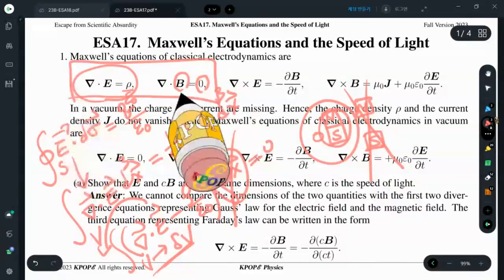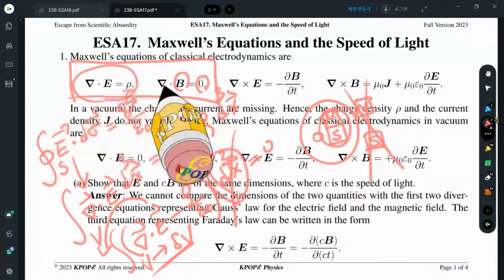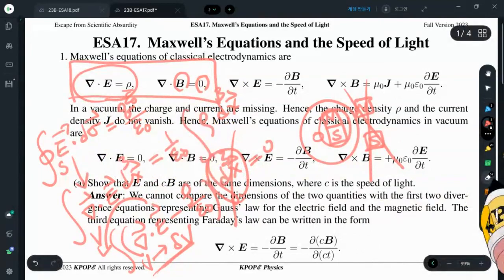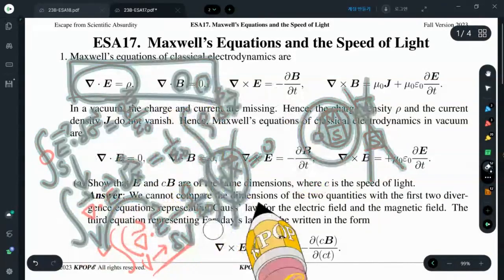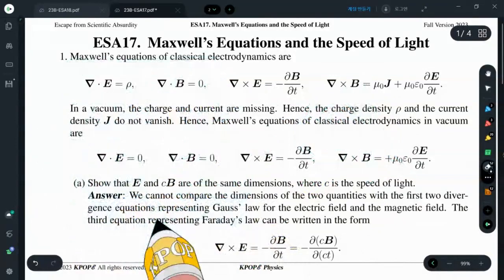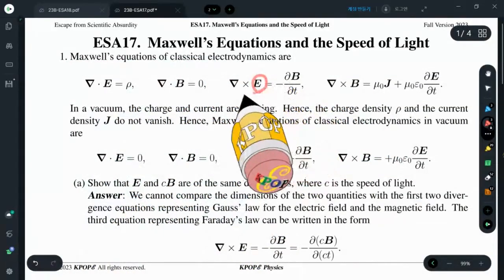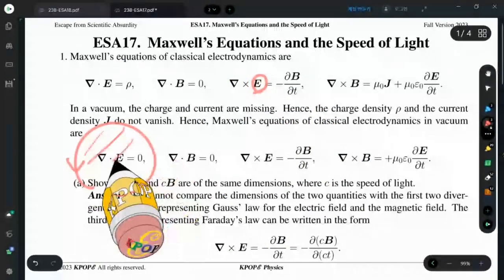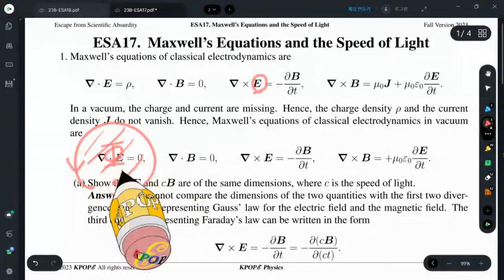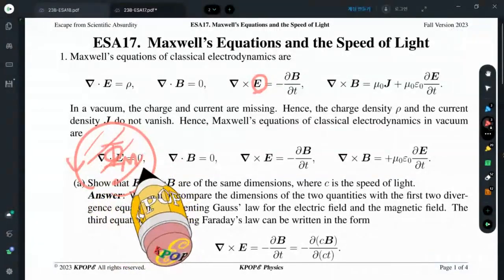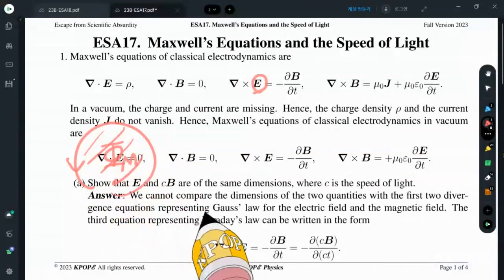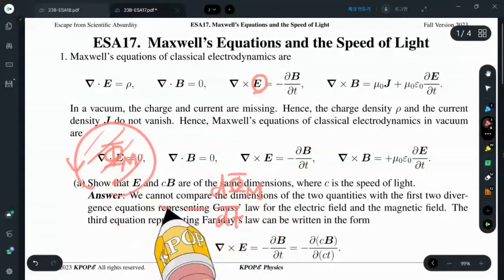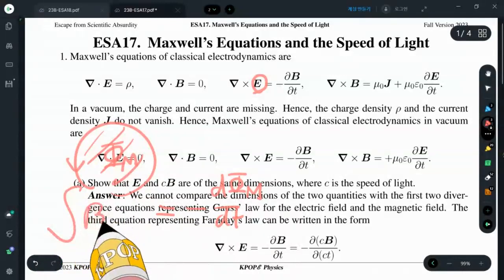There are two divergence expressions. So these are called the Gauss law for the electric field and magnetic field. Next, we have the induction. Induced electric field is generated around a surface if there is a magnetic field flux passing through this surface that changes depending on time. Magnetic field flux changing depending on time, then we would have